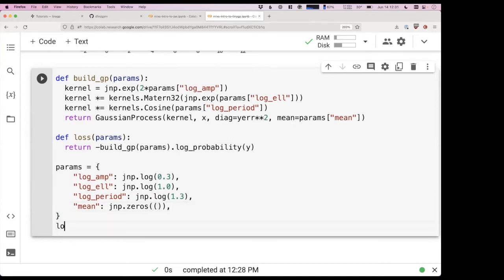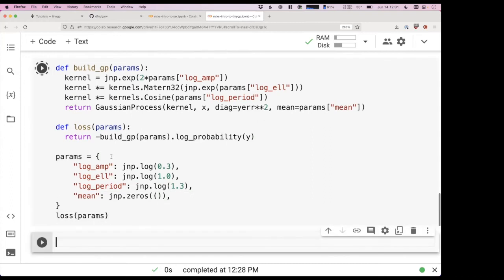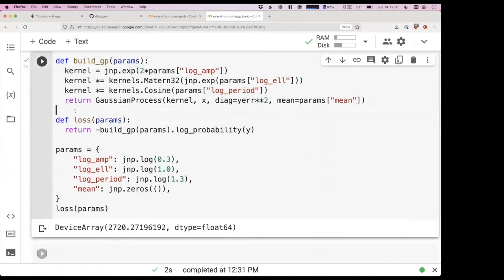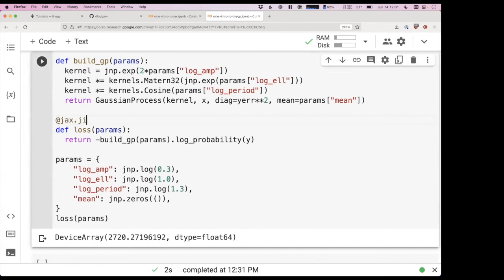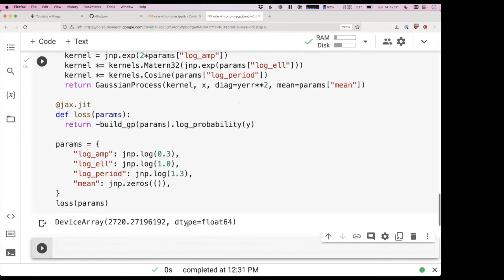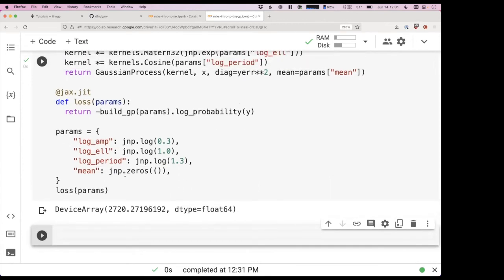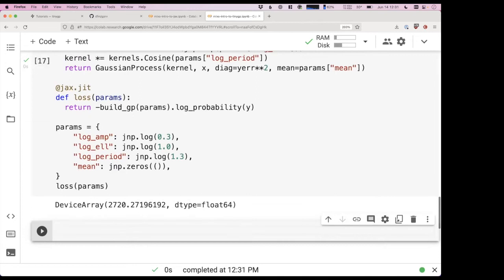Okay, and so then if we do that, it computes the loss. Cool. And we can JIT it because it's all Jax in the backend. And then in order to fit for the best fit parameters,